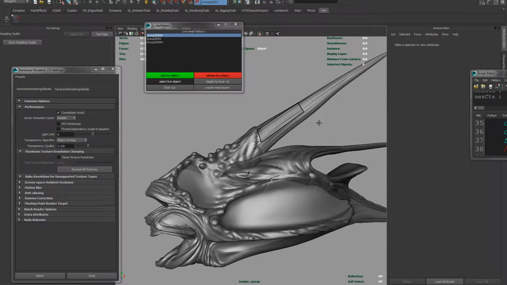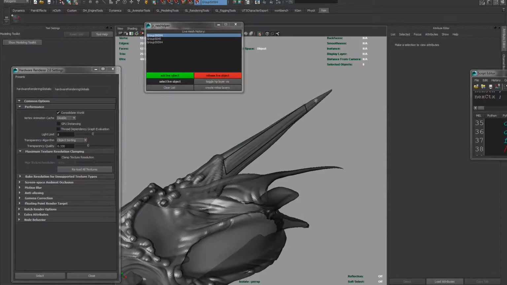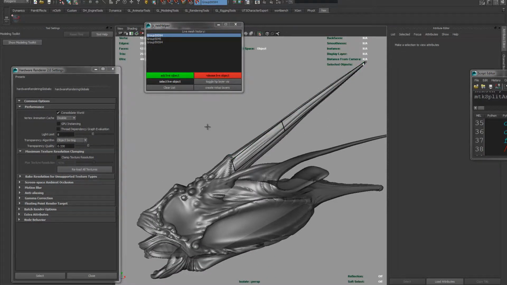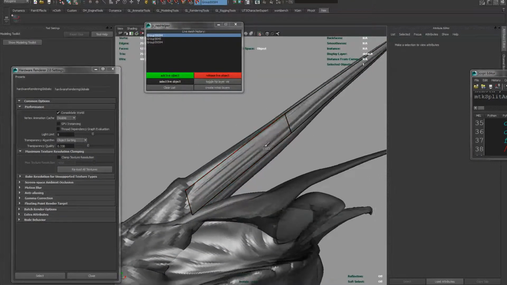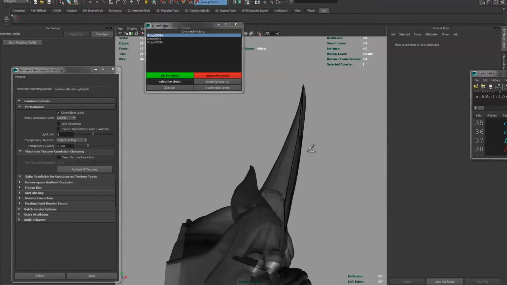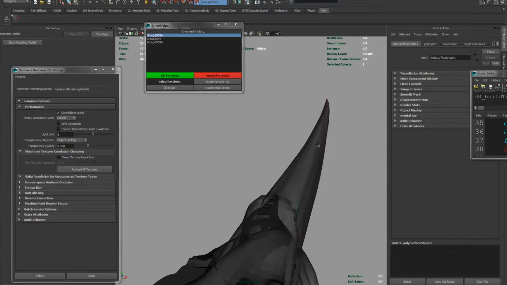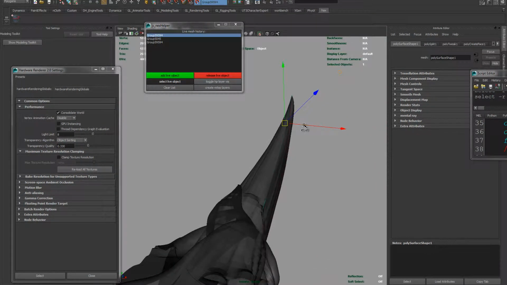So, the way that I like to do this kind of thing is I'll just make these huge blocky pieces and just cover as much space as possible, and then you can shift, left click, and sort of drop a poly there. And the other thing that's really nice about Maya is you can do things like extrude,